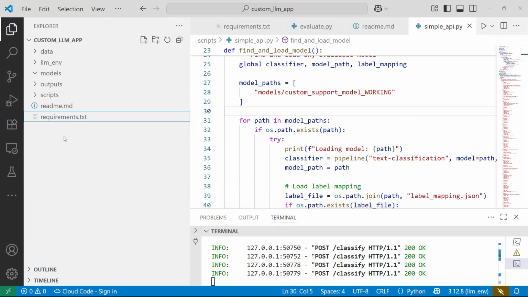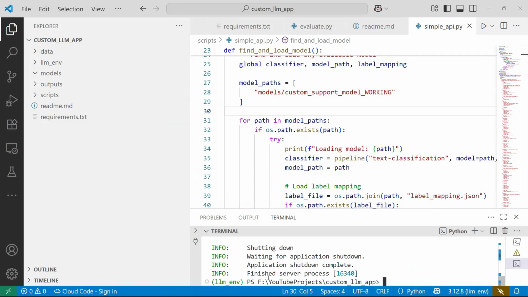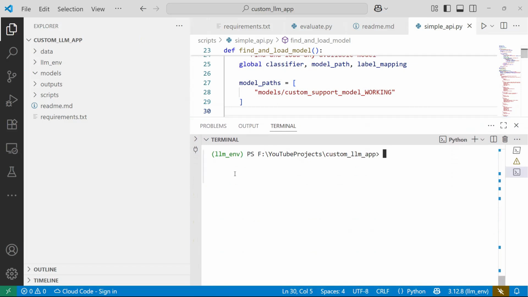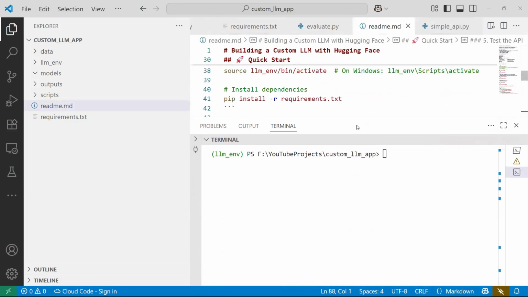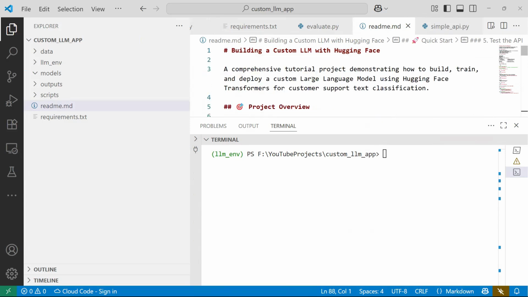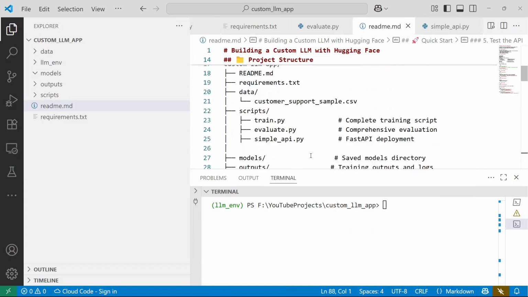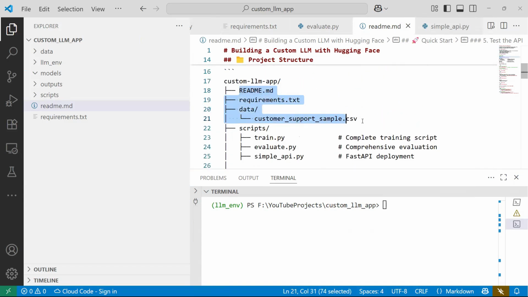I want you to see it in the raw, original form. So let me cancel this that was running on the front end, and I will press Control L to clear the screen. Now, for some of you who are not aware of a virtual environment, I am giving a readme.md file here. Here I have also given you the project structure for your reference.